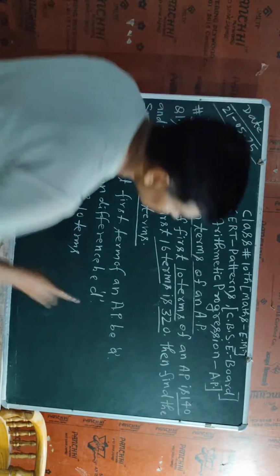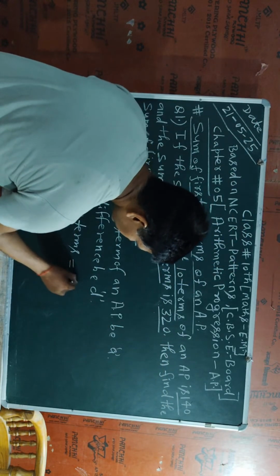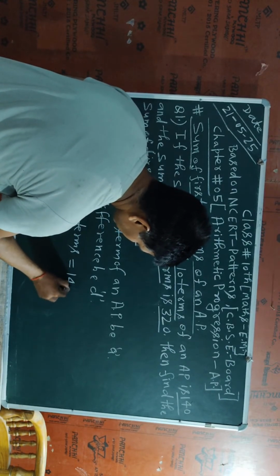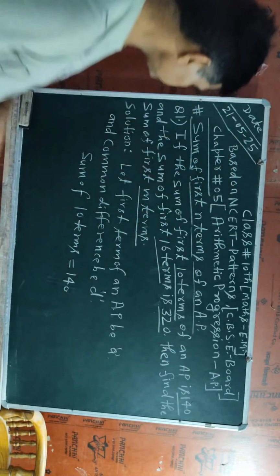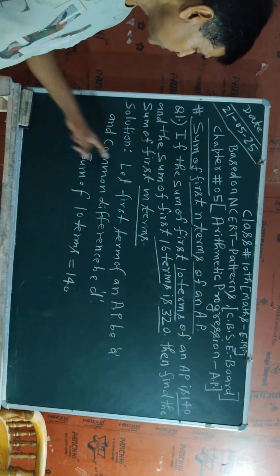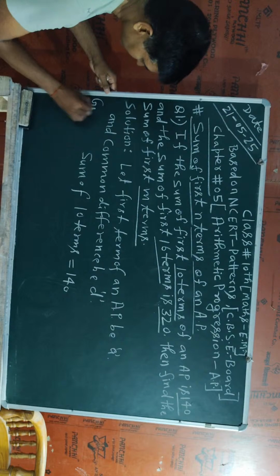Sum of 10 terms of an arithmetic progression is 140. That is given in the question. Okay student, I have to write. So this is the information I have supposed here. After supposing, this information is given here. So I write, given